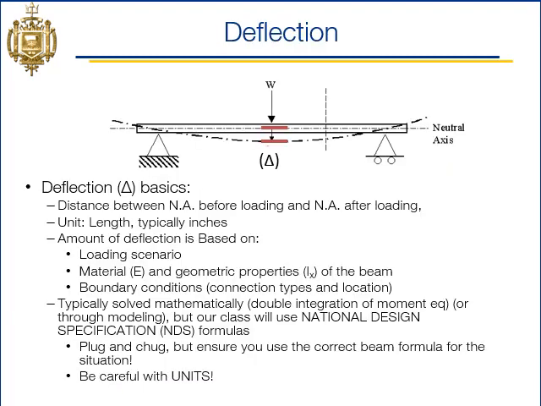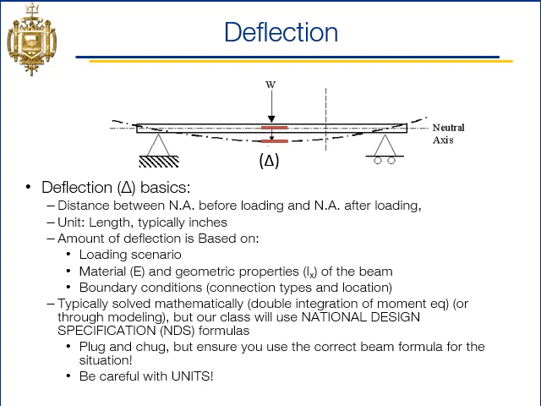All right, and the other piece to this lecture we're going to talk about today is deflection. For deflection, we're going to use the symbol delta, which is that triangle, right? Deflection essentially is how much did our beam change shape. The way we measure that is we look at the neutral axis of the beam before we put the load on it. Then we look at the neutral axis after we loaded the beam, and we find the distance